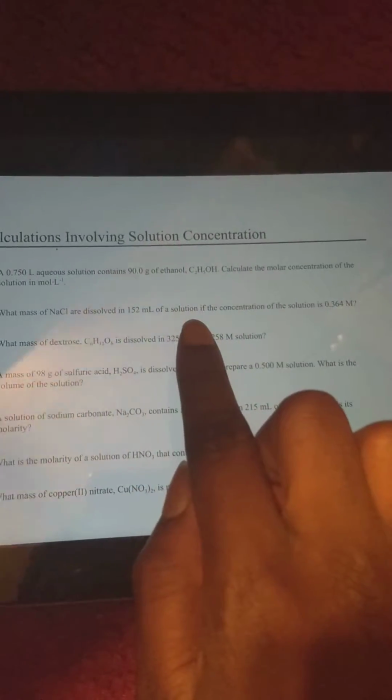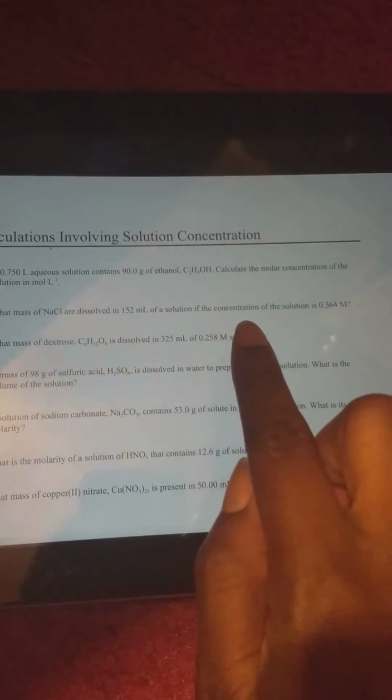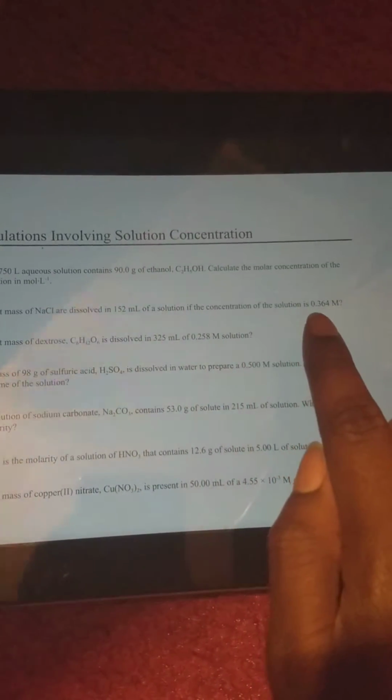The question that we're going to be solving is question 2. It reads, what mass of NaCl is dissolved in 152 milliliters of the solution if the concentration of the solution is 0.364 molarity? Okay, so I want to remind you of something before we start, that M